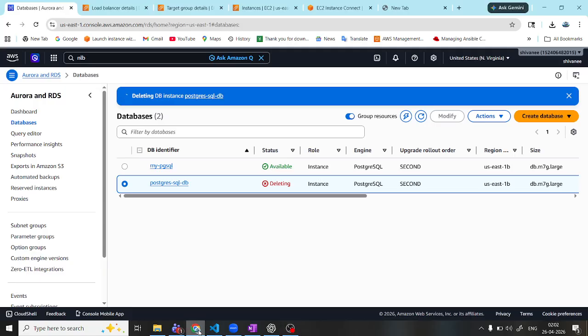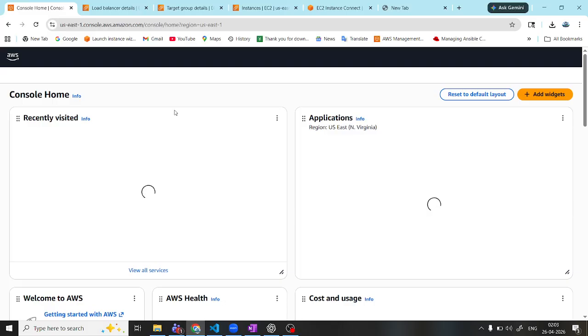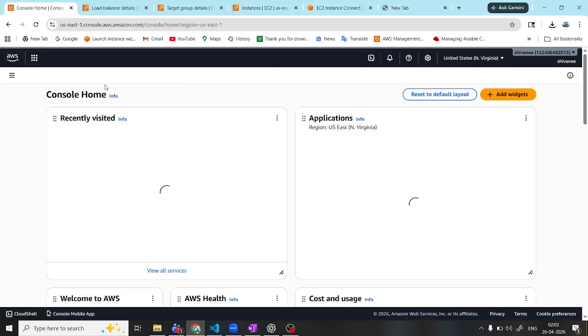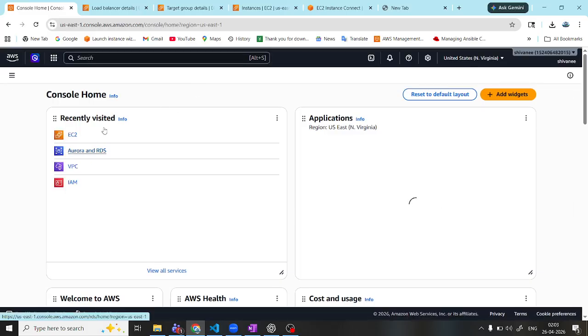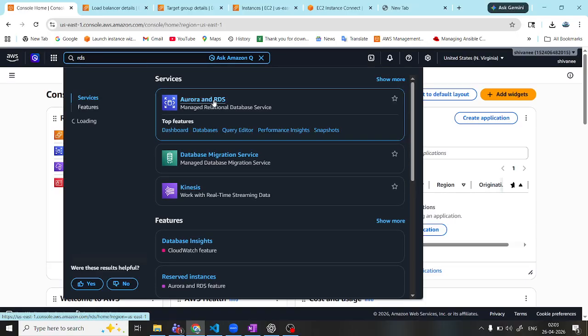Hello everyone. In this video, I am going to tell you how you can create a Postgres database in Aurora RDS. Go to your AWS account and search for the RDS service, Aurora and RDS service. It was recently visited, so it is showing here. You can search in the search bar for RDS. The Aurora RDS service will come. You can click on that